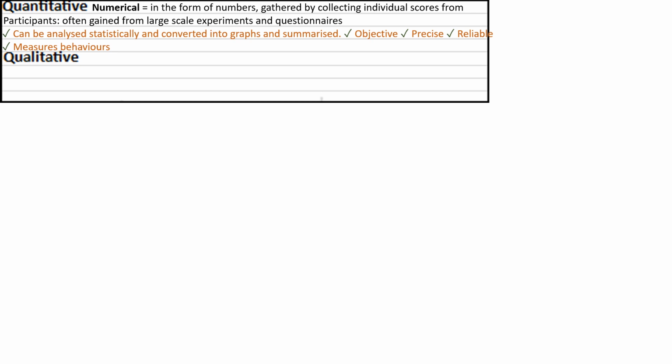Some downsides to quantitative data there. We do lack a lot of the detail about what makes a behaviour quite interesting, usually because we're only measuring one factor in order to be precise. And often quantitative data is also collected quite artificially. If we're collecting in large experiments, or if we're just collecting from a questionnaire, we might suggest our findings lack validity. Behaviours aren't a reflection of how behaviours are in real life, and the collection of opinions might not have been given honestly.